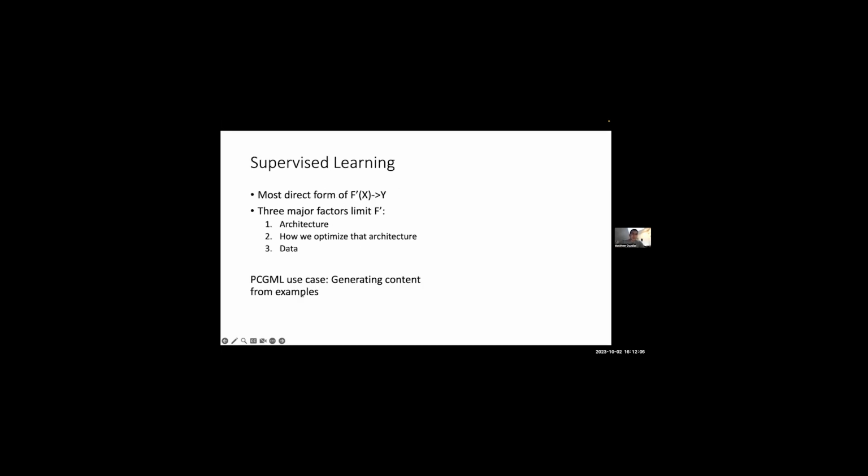You can mix and match, right? So these days you might have heard of RLHF, which is how they're training like ChatGPT and stuff. That's using first a round of supervised learning and then following it up with a round of reinforcement learning on the same model. So you can mix and match.